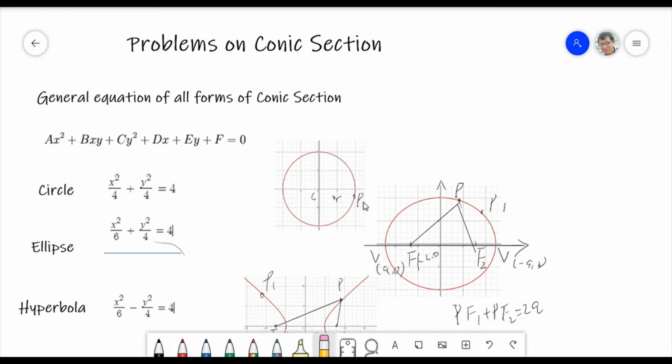Hello everyone. Now let's go to a new session, which is a problem on conic section. Conic section, in fact, is a new concept, right? But in fact, we already learned all the graphs in this session. We learned that those four graphs, circle, ellipse, hyperbola, parabola, all belong to conic section because we can